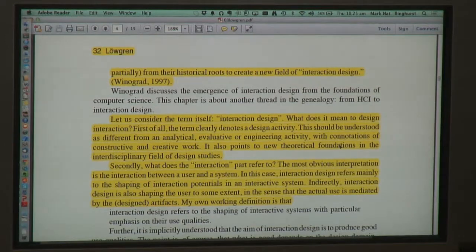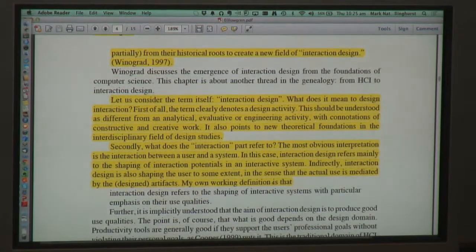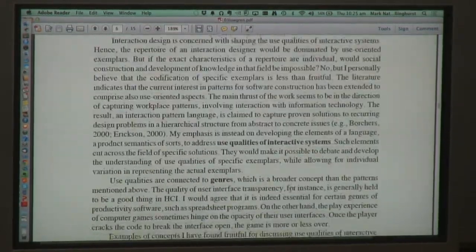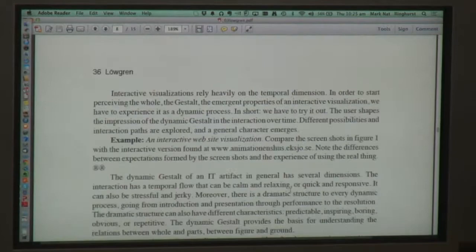And then he goes on to talk a little bit about what interaction design is. He talks about what design is, which involves more creative and construction work, and interaction involves the interaction between the user and a system. So he provides his own definition: interaction design refers to the shaping of interactive systems with particular emphasis on their use qualities. And then he gave some examples, and one thing that struck out to me at the end of the